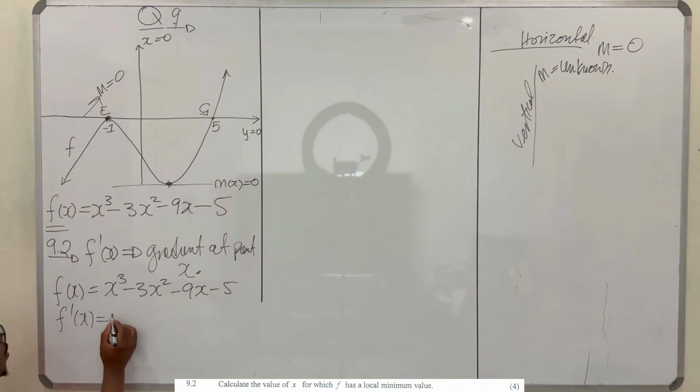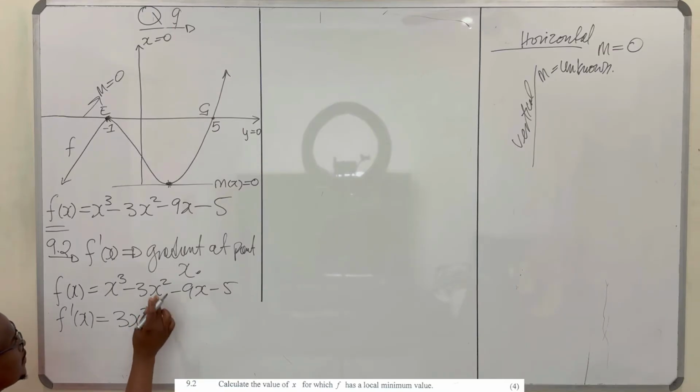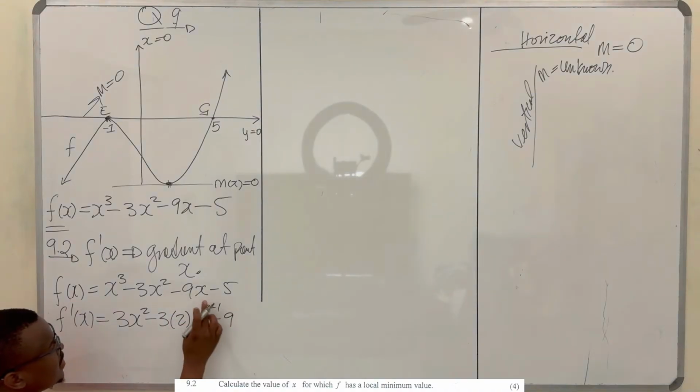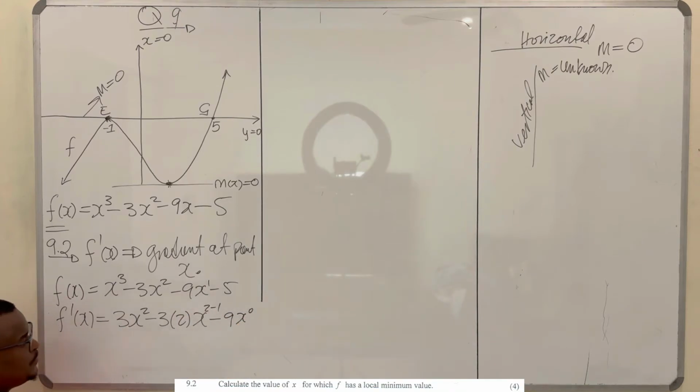We'll say 3 times 1, it will be 3x squared. And then minus 3, 2 times 2x, that is minus 6x. What is the derivative of this? It will be minus 9, because 1 times 9 is 9x raised to 0, right? And then the derivative of a constant is what? It goes to 0, right? Therefore, your derivative of f as a function of x is equal to 3x squared minus 6x